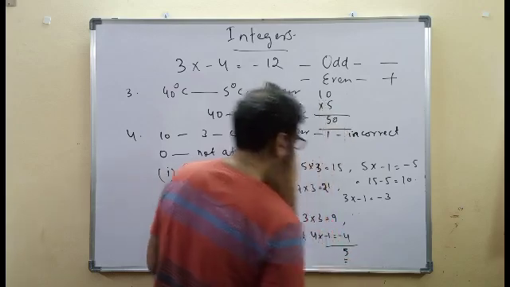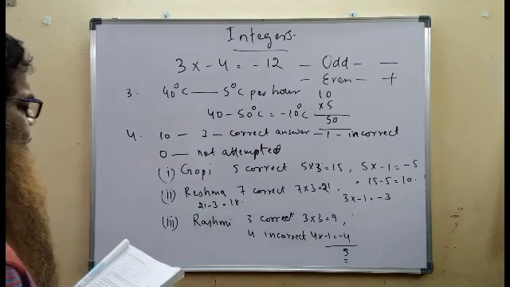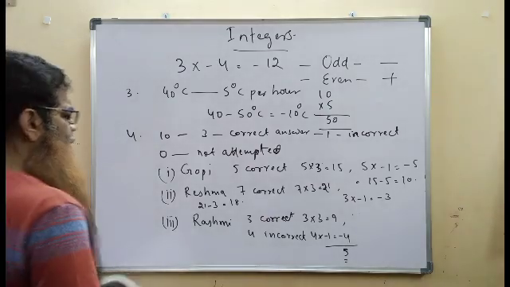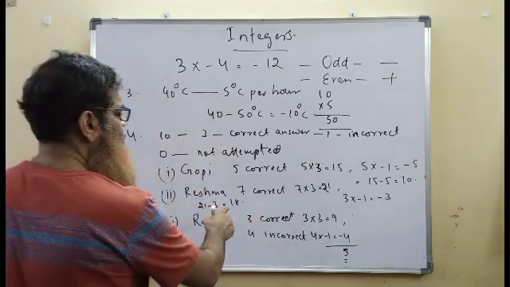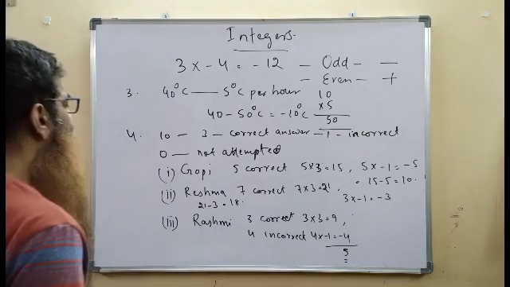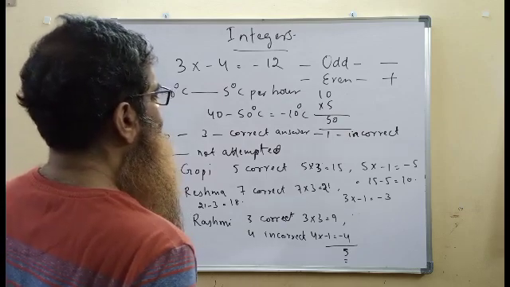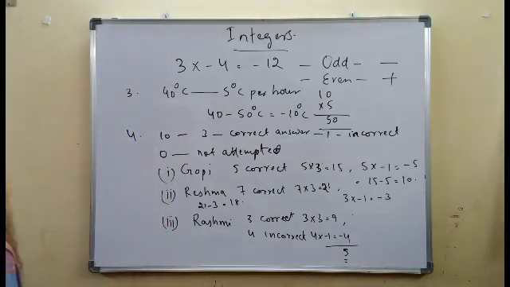Since she did not attempt 3 questions, she attempted only 7 questions, out of which she got 3 correct and 4 incorrect. So the scores at the end of the test of 10 questions: Rashmi's score is 5, Reshma's score is 18, and Gopi's score is 10. Gopi got 5 correct and 5 incorrect answers. Reshma got 7 correct and 3 incorrect answers, whereas Rashmi attempted only 7 questions, out of which she got 3 correct and 4 incorrect answers. So her score is 5.